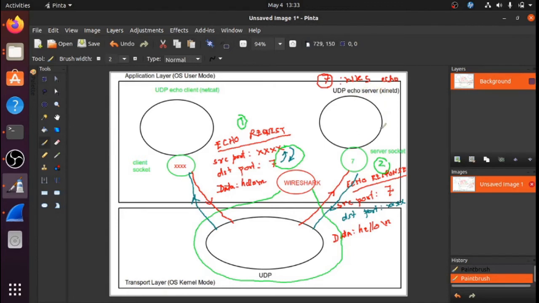The echo server gets the packet and says, okay, I got an echo request, I'm just going to send the same packet back, except that the fields will be reversed. The source and destination ports will be reversed. See here, the reverse. The source port earlier was something and the destination port was 7. Now the source port is 7 and the destination port is something else. And the data remains the same.